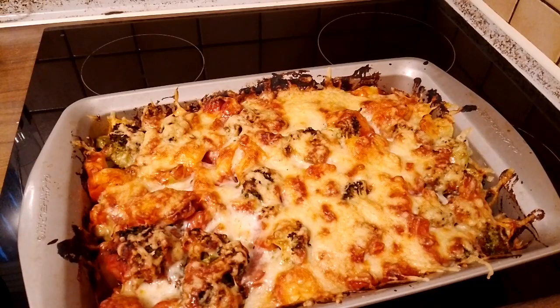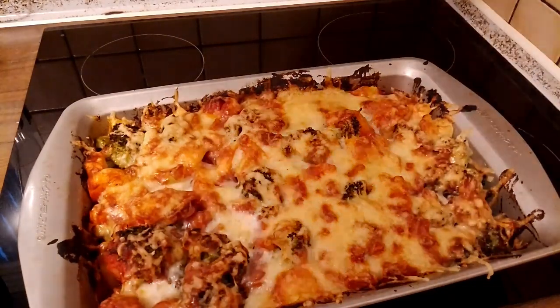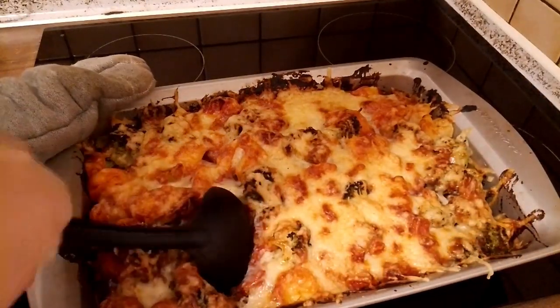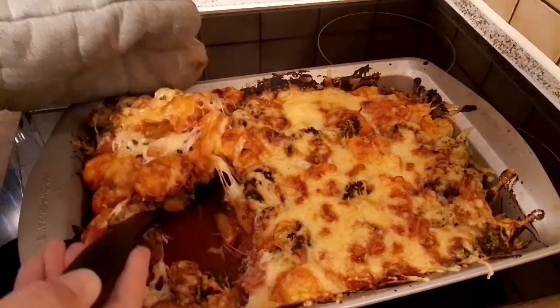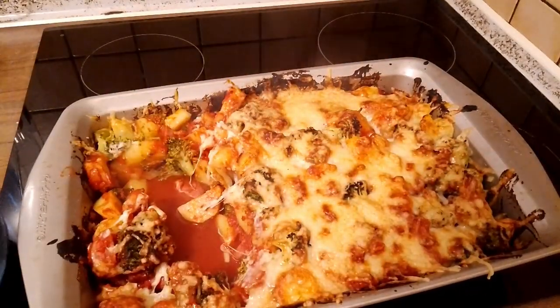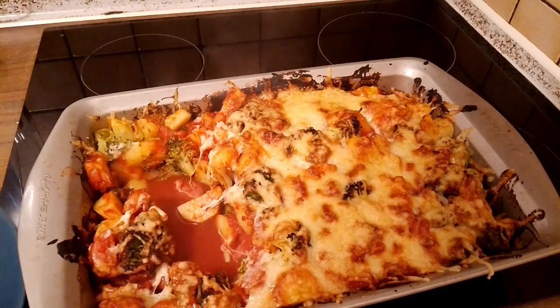So here is our delicious fall casserole. It really smells delicious. It looks delicious. I'm going to take this out and put it on a plate now. It is really so good. I hope that you're going to cook this recipe at home and that you're going to like it. It really